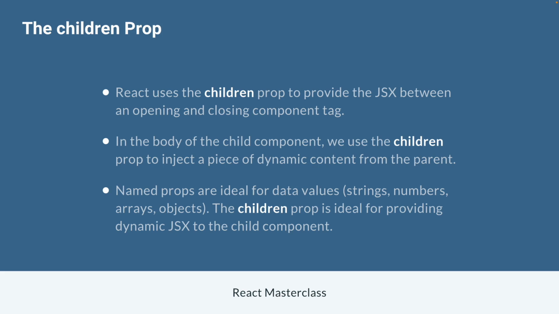All right, so it's when you want to inject JSX. And the last bullet here simply talks about when you might want to use regular props versus children. So named props are ideal whenever you want to provide data, such as strings, numbers, arrays, objects. The perfect example in our case is a dynamic title for each taco card, right? In that case, the parent can simply provide the name of the taco,